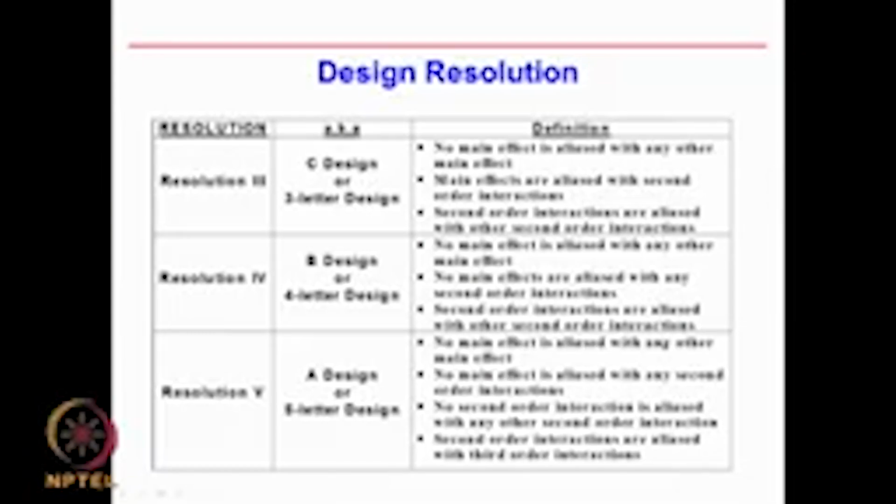Second order interactions are aliased with second order interaction. Resolution 5 design, no main effect is aliased with any main effect, and no second order interactions are aliased, okay. Second order interactions are generally aliased with much higher third order. So, resolution 5 is great, but then of course you need to do more experiments. So, generally resolution 4 is okay,